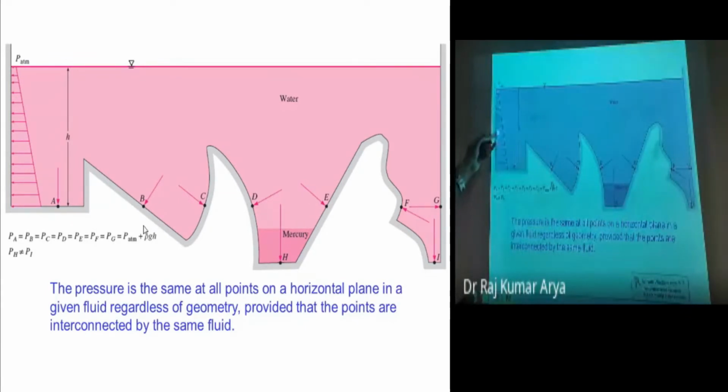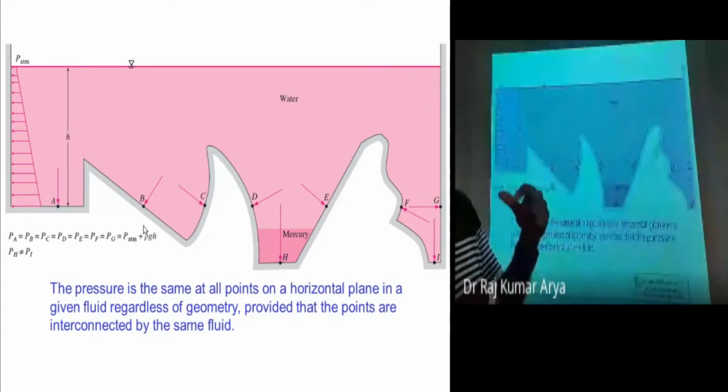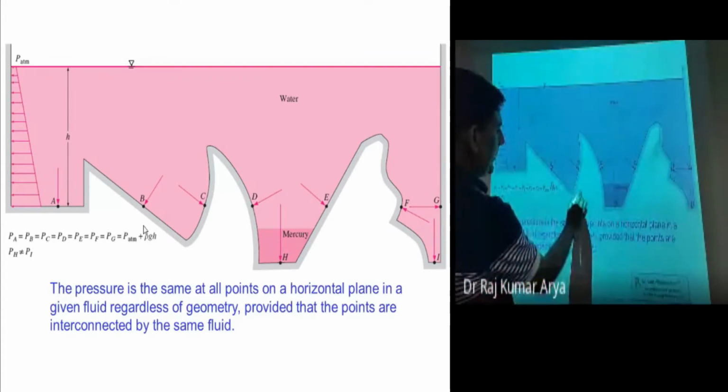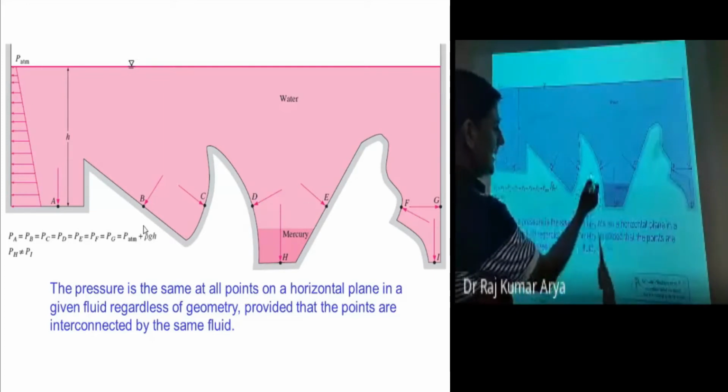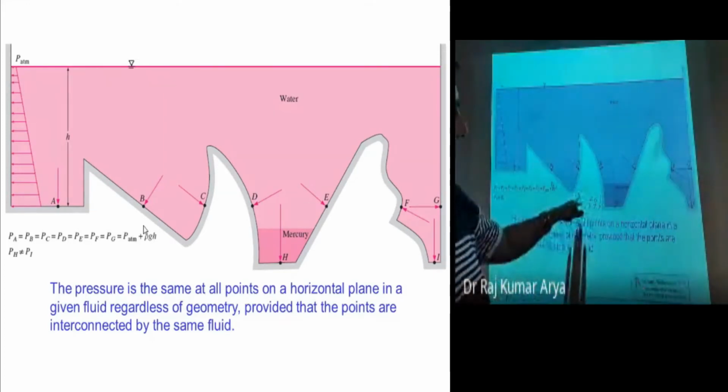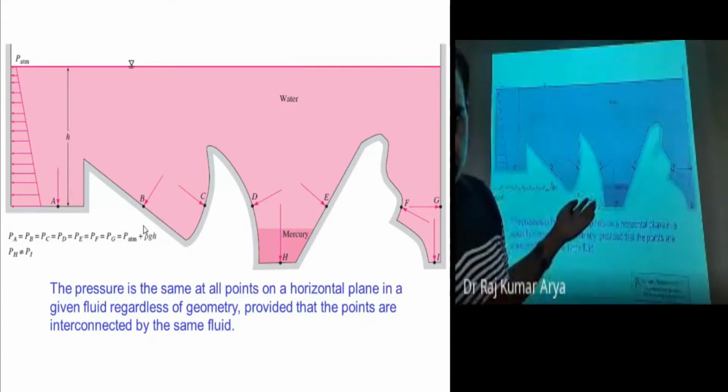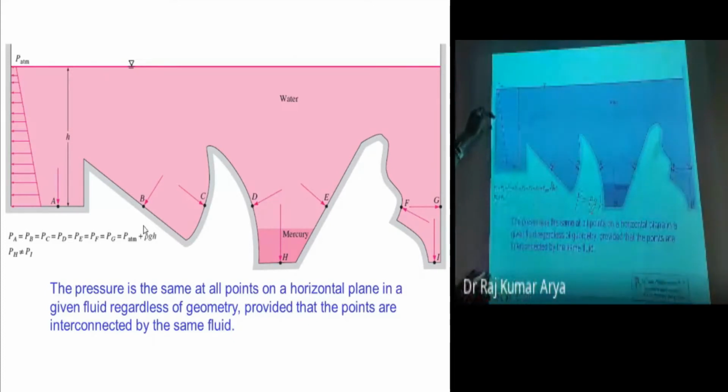It is linearly increasing because you have only the same fluid. In case of the same fluid, your density is not changing, only h is changing. In P equals rho gh, rho g is constant, so h is the only variable. Therefore, the pressure variation is a linear change here, right? Here, this is linearly increasing. So at the bottom, you have the highest pressure, and this particular length explains how much the magnitude is.